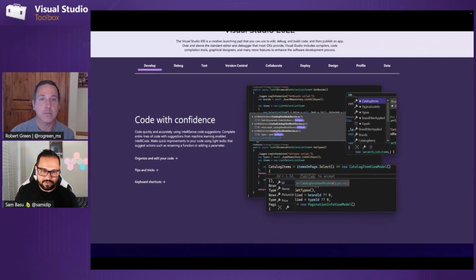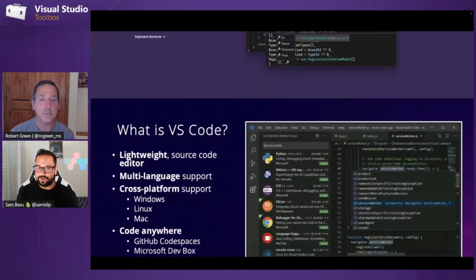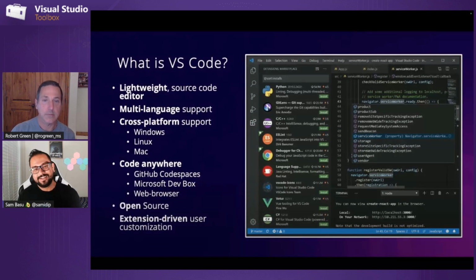So if we look at the other side, because again, not everybody wants to code the same way, especially younger audiences love the lightweightness of having a tiny MacBook Air or a tiny Windows PC and being able to code .NET. So that's what this is for. VS Code, Visual Studio Code. Again, it's amazing how far this has come. Like I remember the Microsoft Build conference where this was first announced years back, and here we are.